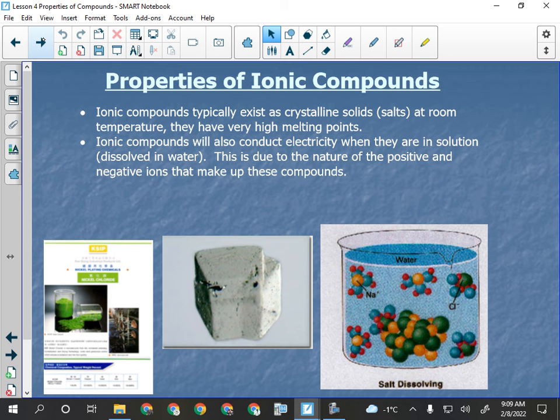But if I put my conductivity tester in there, incidentally, you will be using these. They're very easy to use. They have a button on the side, and then they have a light that tells you if it's actually working. So I press the button and the red light comes on. If I put this in the water, you can see the conductivity is 1. So it's basically non-conductive. That's what distilled water would typically look like. Now, if I add just a little bit of table salt,